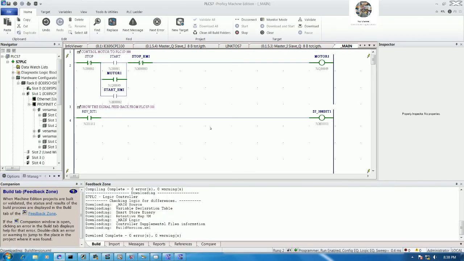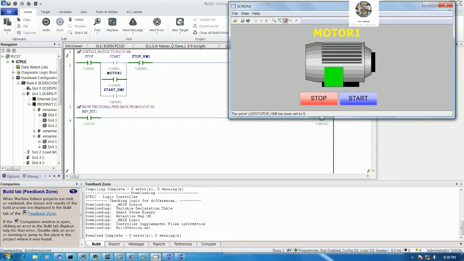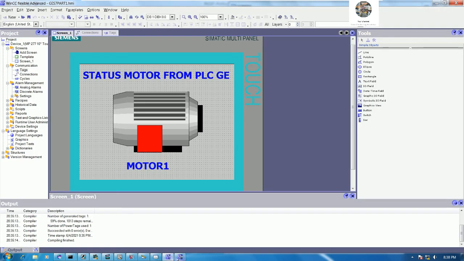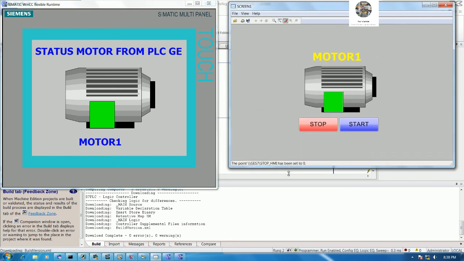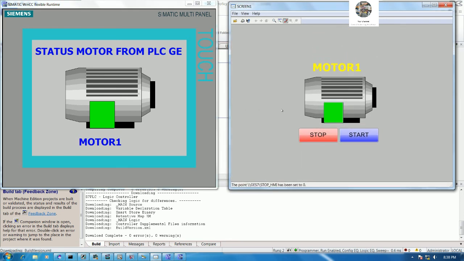So we just run only one cable, Profibus cable, so we can link, yeah, and then we can control the process by using only one cable of Profibus. Okay, so this is a benefit of linking between Profibus Master and Slave from PLC S7-300 to GE. Okay,